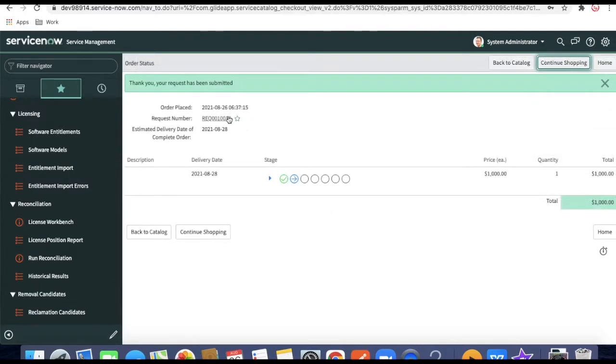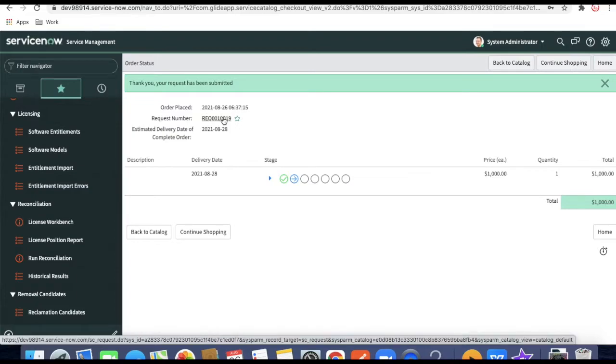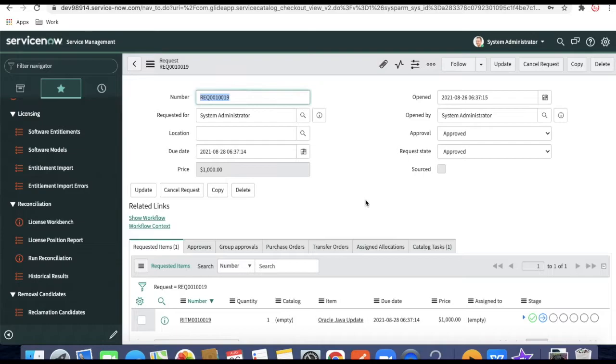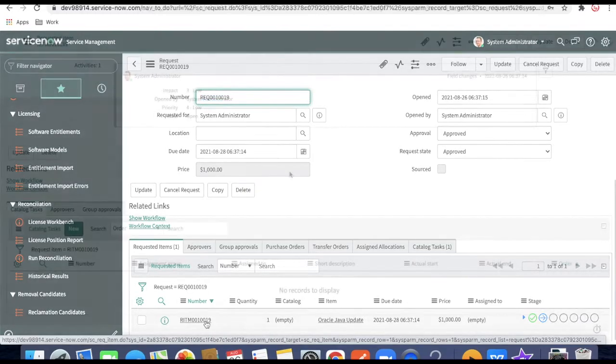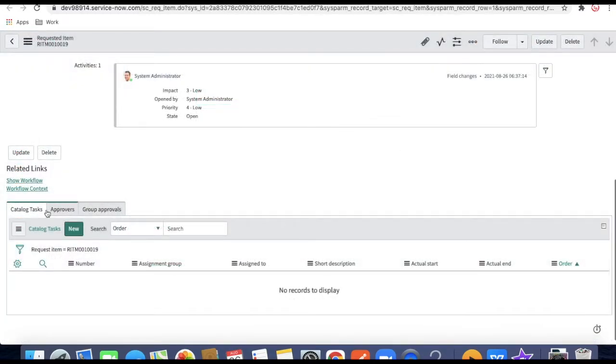Once the item is ordered, it should have generated a request, and as the asset management team, I should open the request, and this has one RITM like earlier. So let's open this RITM right now. This is my RITM, and this time if you see, there is no task. Previously there were 2 tasks, but this time, as we said, with the procurement workflow, there is no task.